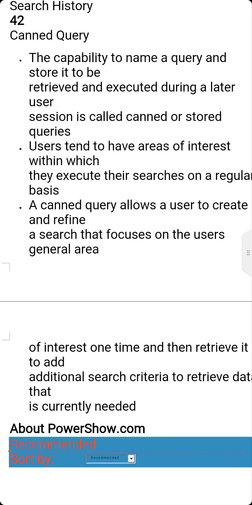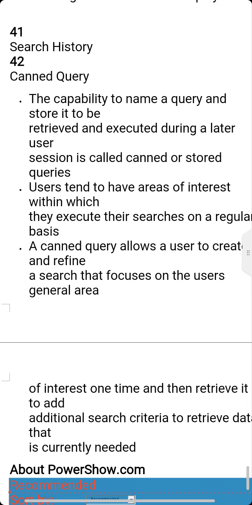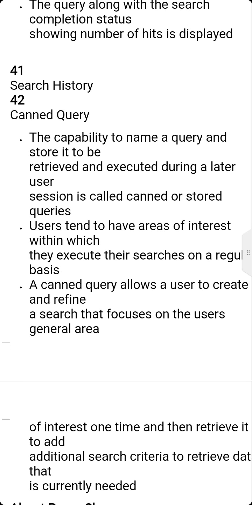Canned queries allow the user to create and refine a search that focuses on the user's general area of interest one time, and then retrieve it to add additional search criteria to retrieve data that is currently needed.